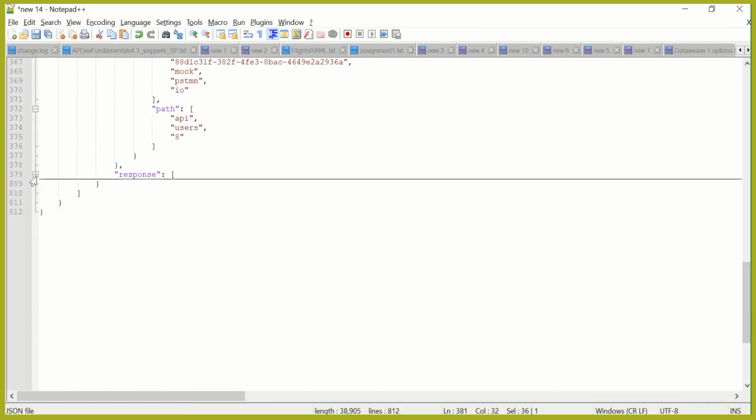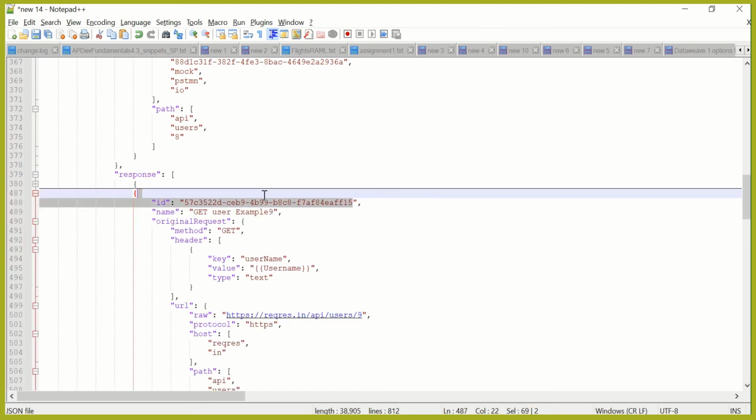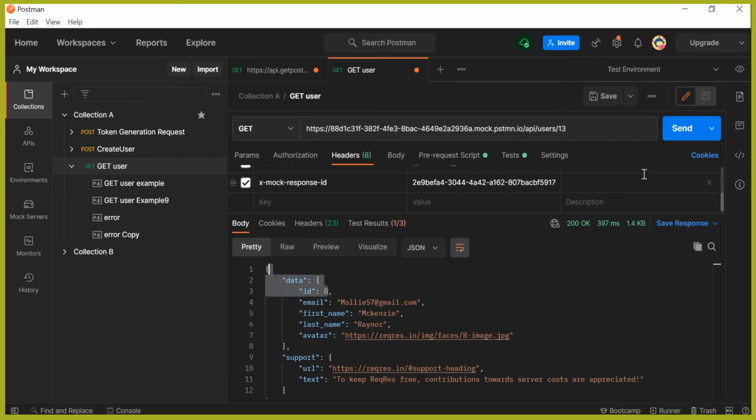Let's now use the unique ID of the other response. I have copied the unique ID for this get user example 9. Let me give that ID here. You can see now we got the response for user ID 9. So even if I now pass the value as 8, I am always going to get the response for 9.